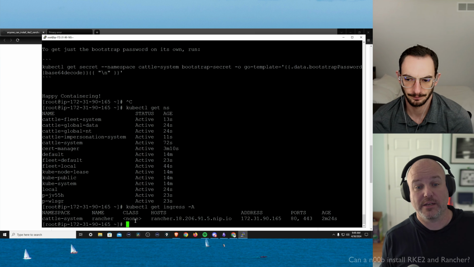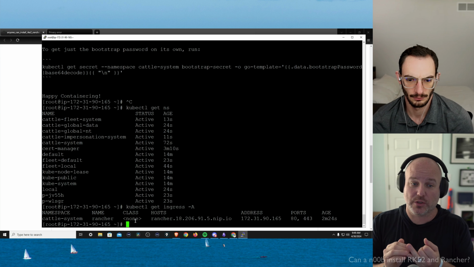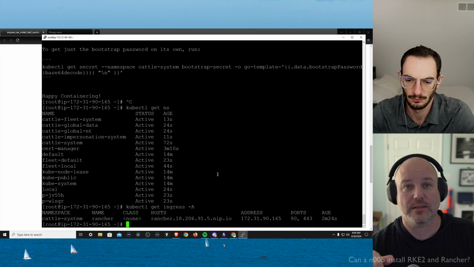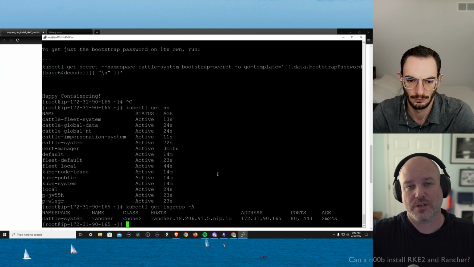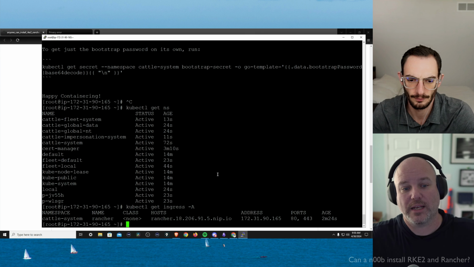Perfect. And that the name, Rancher nip.io, you see an internal address, everything looks good. Now, one of the things I did, because this is AWS, is I've opened the firewall up to automatically go through. In a traditional AWS, you can create what's called a load balancer. It'll talk to AWS. It'll spin up an ELB. It'll take all your money, but it'll route your traffic for you. So I've streamlined that and simplified it.